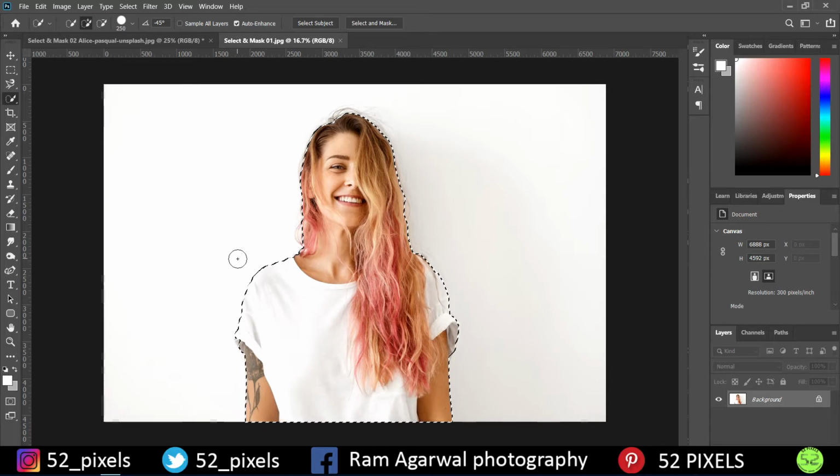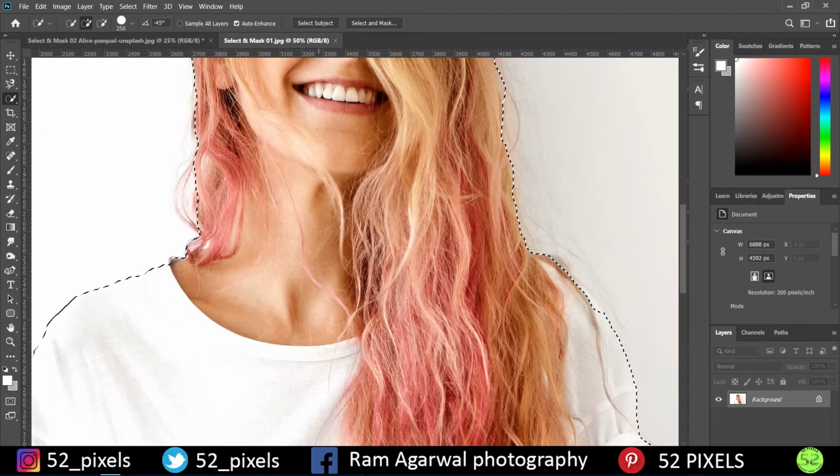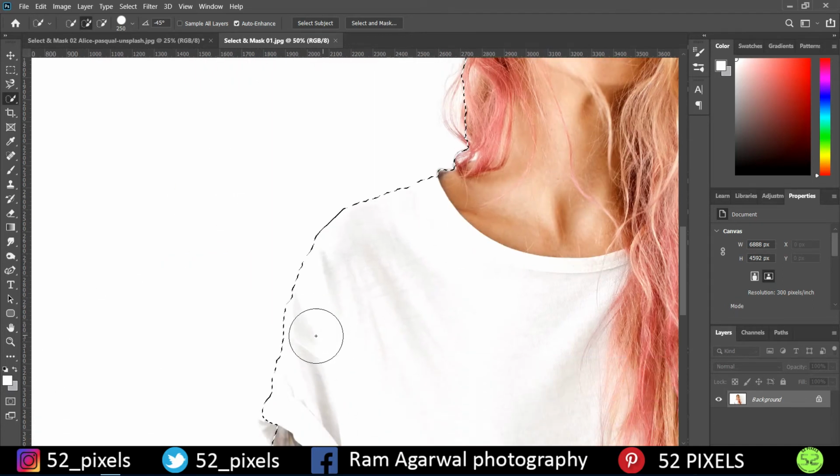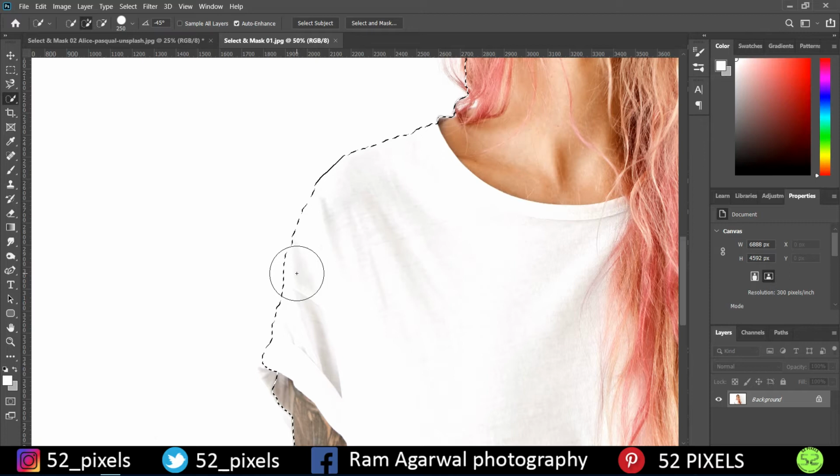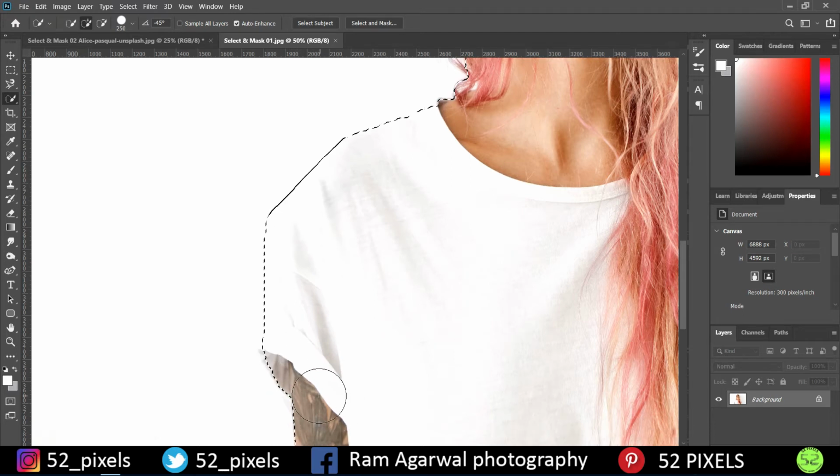Now the software will decide. There hasn't been much of a change, but I guess this part needs to be worked on. So I'll zoom into the picture, and as you can see, there are a lot of parts that are not selected properly. So I'll select them. It's going to take time, so I'll just demonstrate a little part and then speed the selection process up. As you can see, there are these tiny bits that are not selected properly. So I'll reduce the brush size and then work on them. It looks like this.